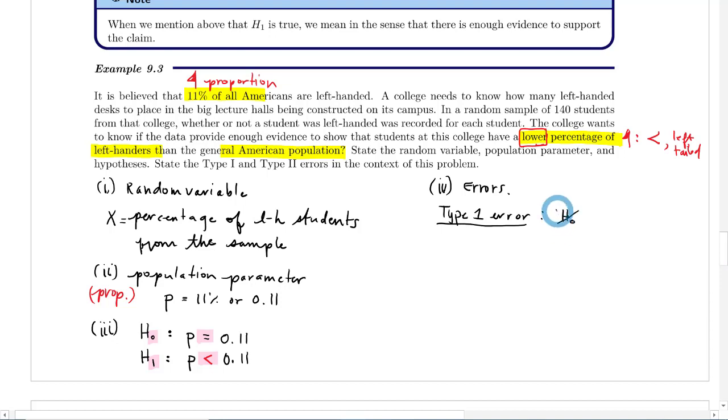So we reject the null when the null is true. Okay, so the null is that there was no change, right? So this means that if we interpret it, the percentage of left-handed Americans is 11%